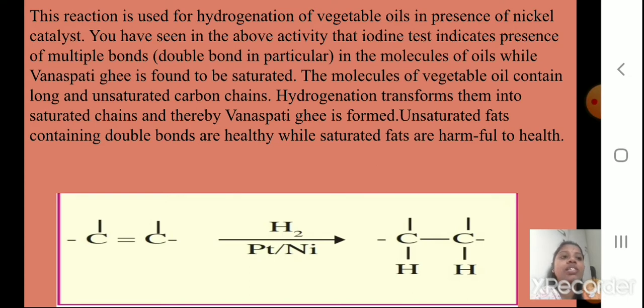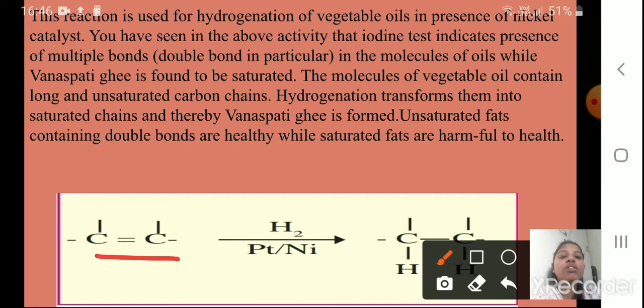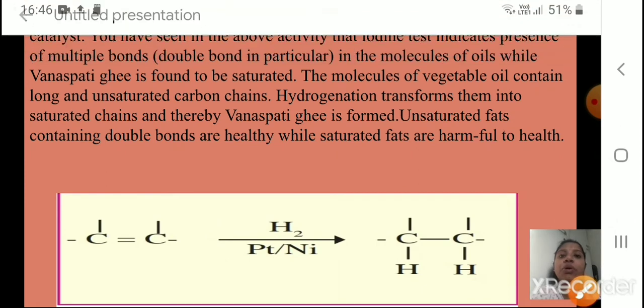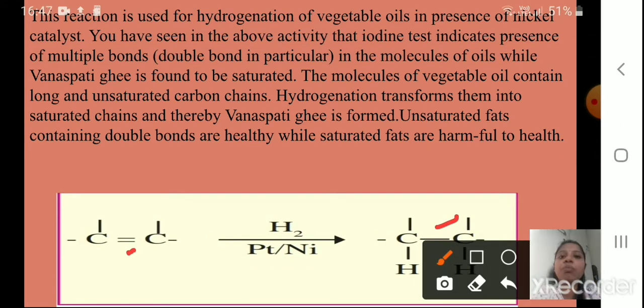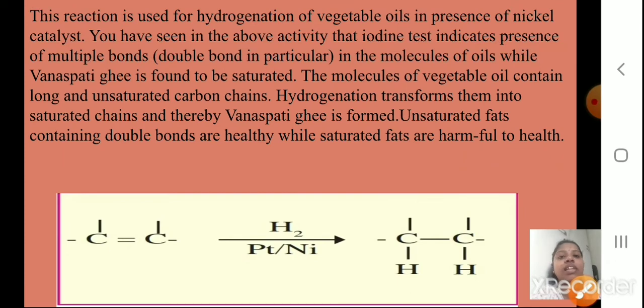So you can see here I have taken first the unsaturated compound, where a double bond is there. I am doing hydrogenation, meaning addition of hydrogen, H2, in the presence of a nickel or platinum catalyst. So what are we getting, students? See, the double bond has broken and it has become a single bond, and hydrogens get added, one hydrogen here, one hydrogen here. So you can see both the carbons have their tetravalency satisfied.